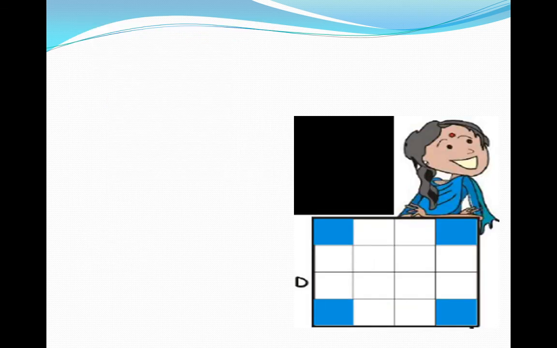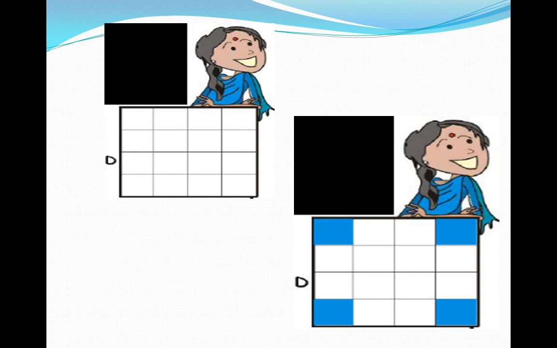So this is the D grid. Actually this is our question, and this way we colored the corner squares blue. A square has 4 corners, so we colored 4 squares in blue color. So we can write it this way: out of 16, 4 are blue, so 4/16 part is blue. And out of 16, 12 are white squares. So we can write 12/16 part is white. You get this, students? Now you have to do this activity with the help of your parents.